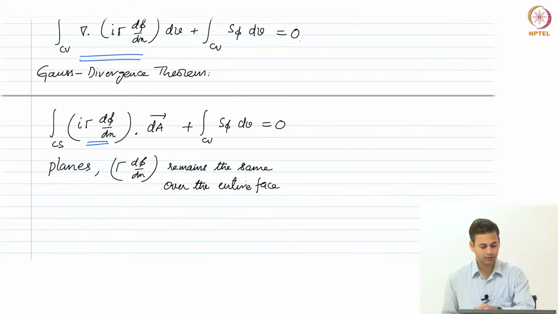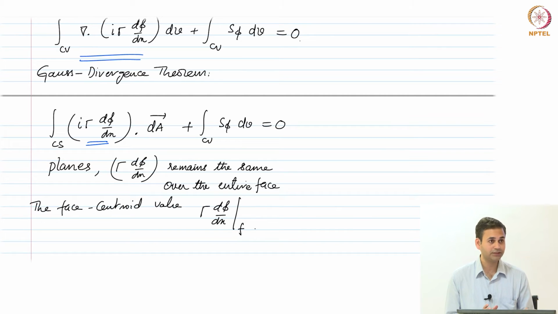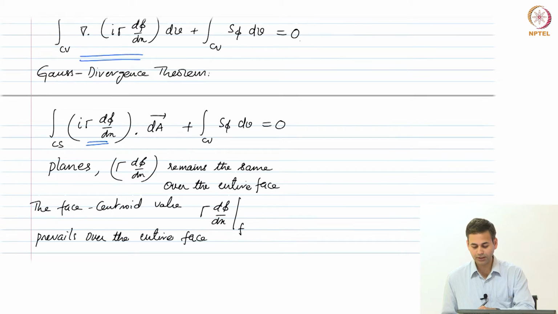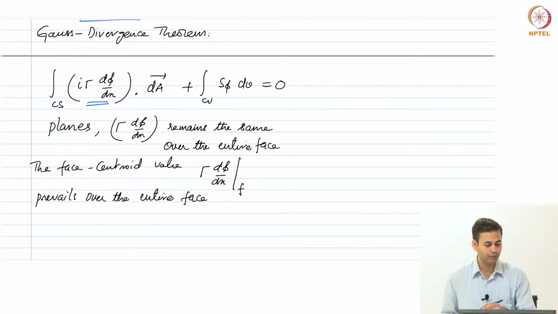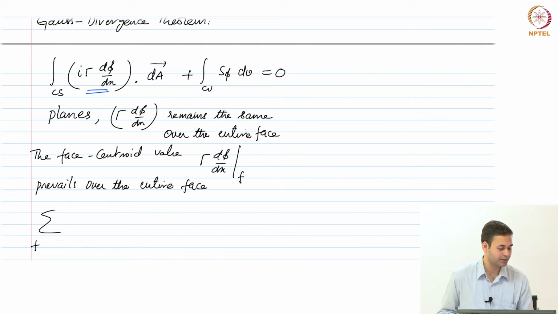And essentially the face centroid value, that is the gamma d phi dx evaluated at the face centroid, we call it sub f. The face centroid value prevails over the entire face. So that is the assumption we make. As a result, I can replace this continuous integral with a discrete summation on all the faces